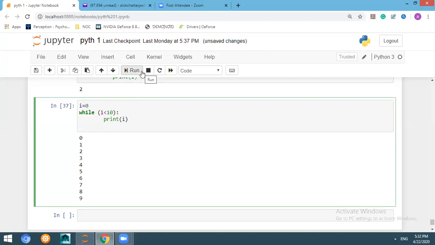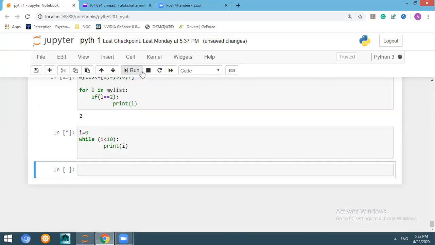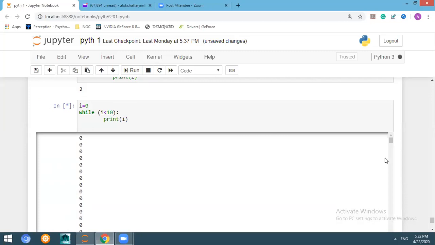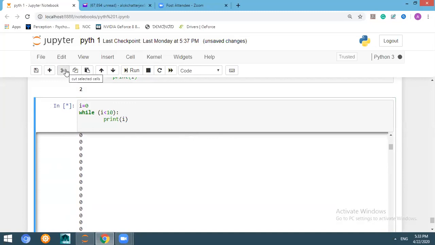You just run it. It will go into the infinite loop. If you want to stop it, after Cell, there is Kernel. Here: File, Edit, View, Insert, Cell, Kernel.